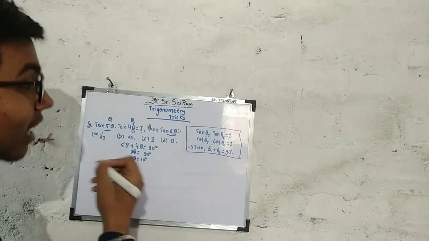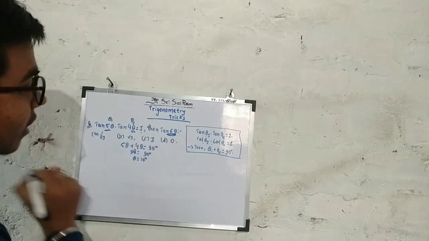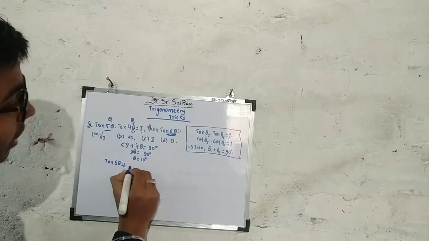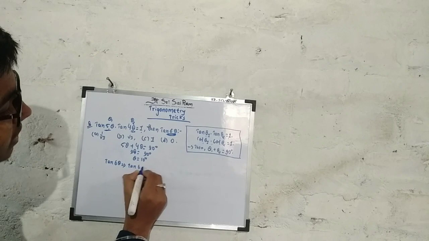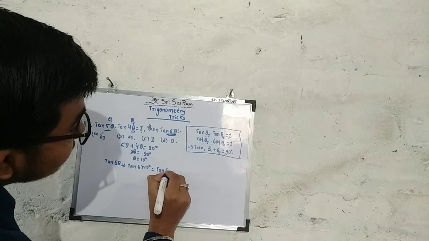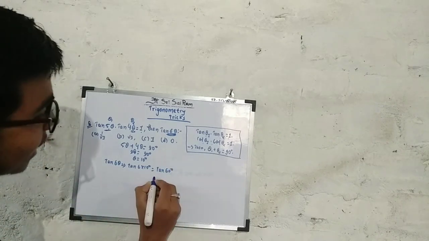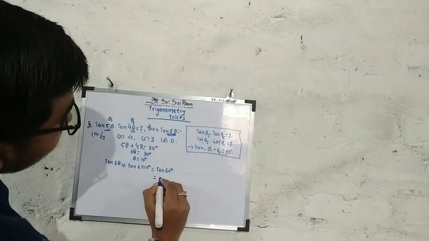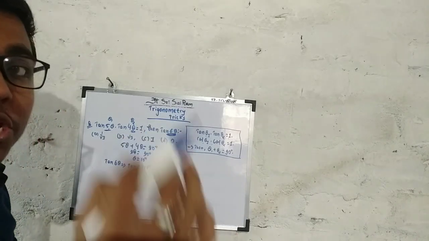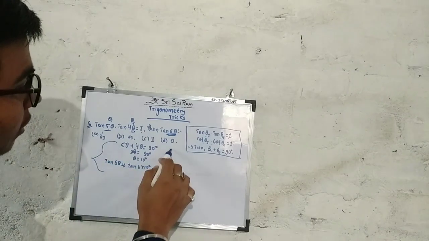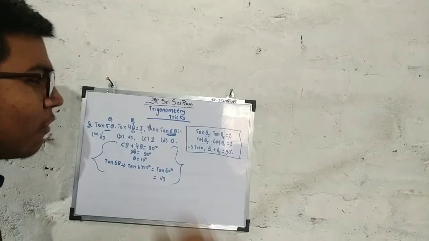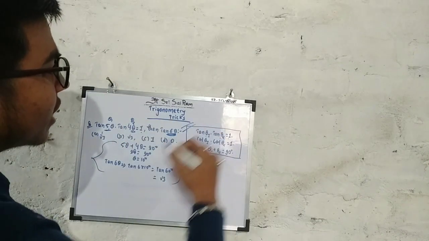Then what is asked? It's just tan 6 theta. So tan 6 theta, with theta equal to 10 degree, is tan 6 into 10 degree, which is equal to tan 60 degree. And tan 60 degree, you all know, is root 3. How many seconds have we taken to solve this question? And if you go by the traditional method, it will go very long. So remember just 3 things.